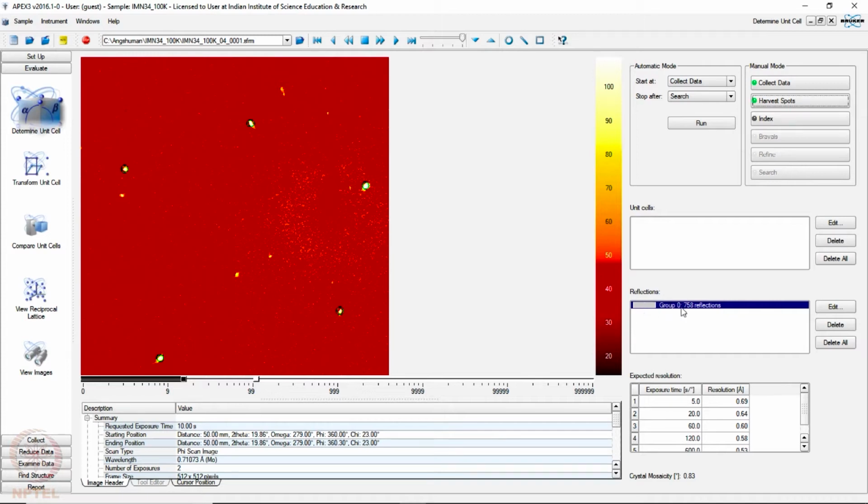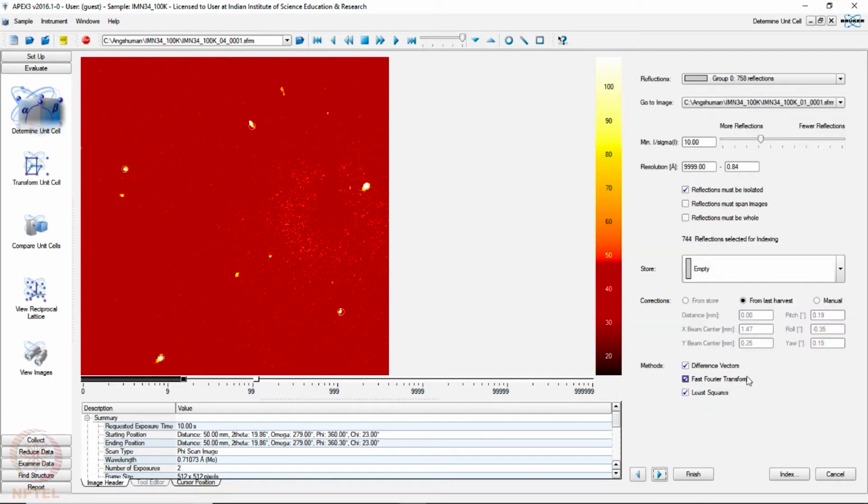So what has happened is it has found 758 reflections in these 5 sets of 150 frames. So our next job is to do the indexing. In indexing there are 3 different methods that it uses: difference vector, fast Fourier transformation and least square method. So we can choose all the 3 methods to see whether all of them are giving you the same cell